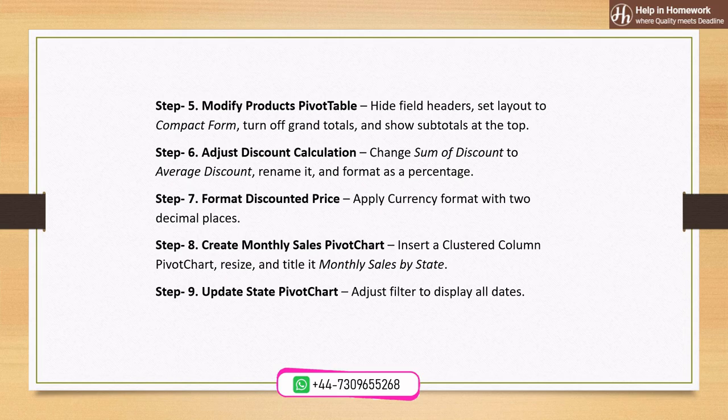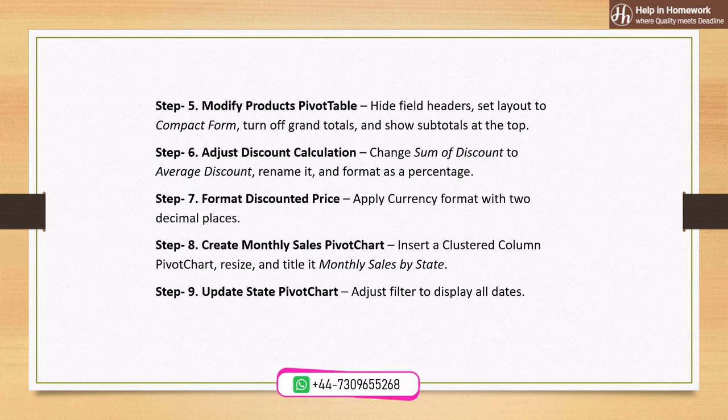Step 6. Adjust discount calculation, change sum of discount to average discount, rename it, and format as a percentage. Step 7. Format discounted price, apply currency format with 2 decimal places. Step 8. Create monthly sales pivot chart, insert a clustered column pivot chart, resize, and title it monthly sales by